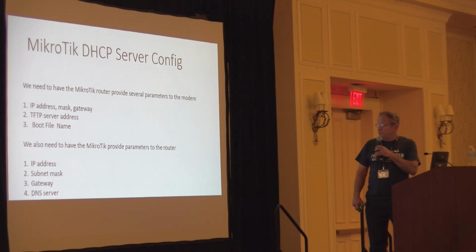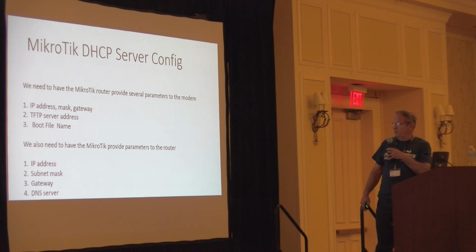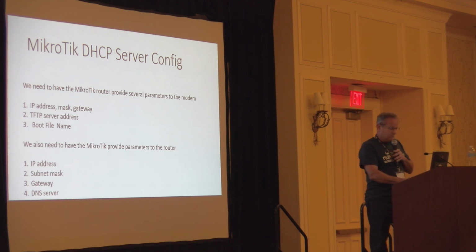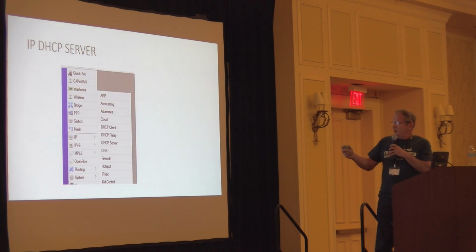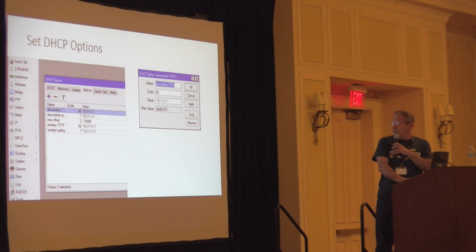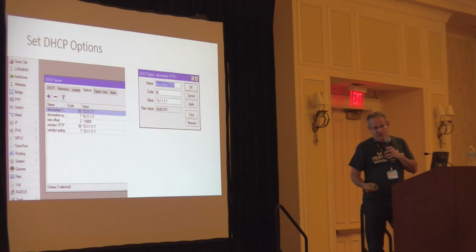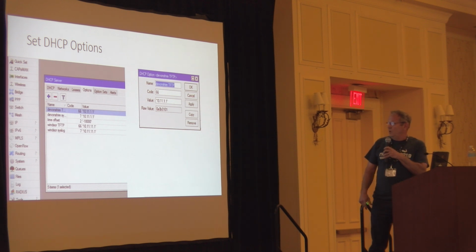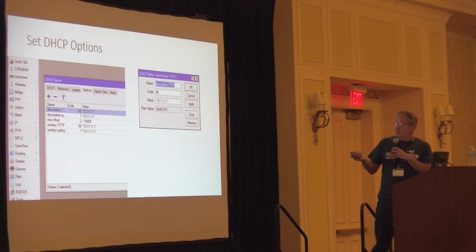On the DHCP server config, to the modem, we need basically 3 things in the DHCP server. The normal stuff, you need a TFTP address and you need a boot file name. And then to the router, you just need the standard type information. And I think everybody knows how to set up the server. Thing to keep in mind, MikroTik only allows really 1 DHCP server per interface. So I kind of got by that, but the first thing we set up here were